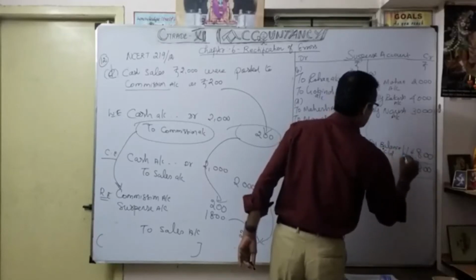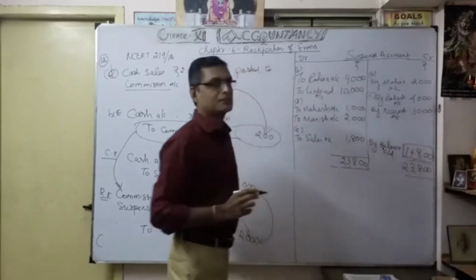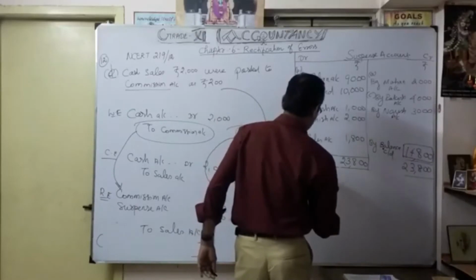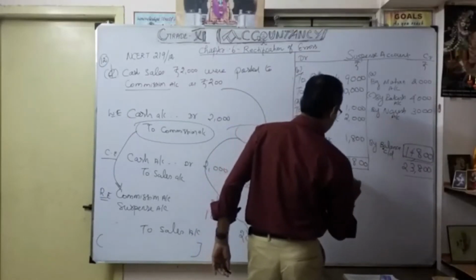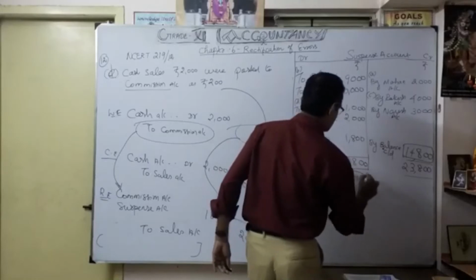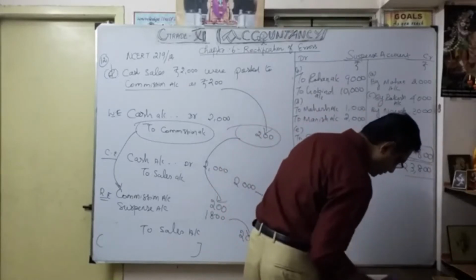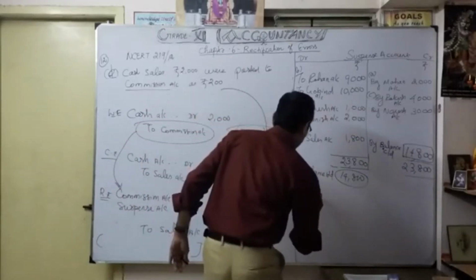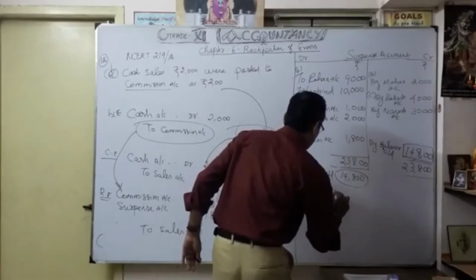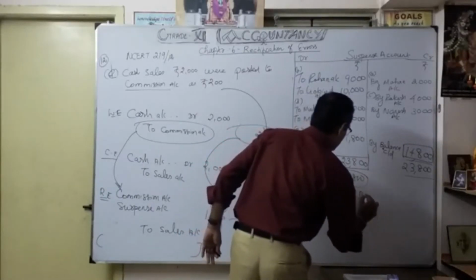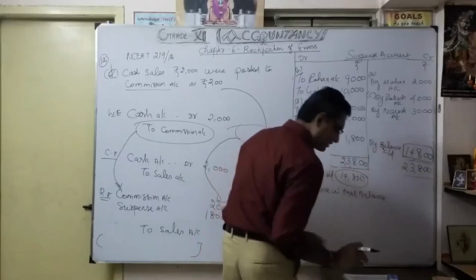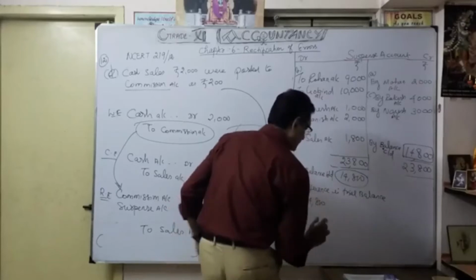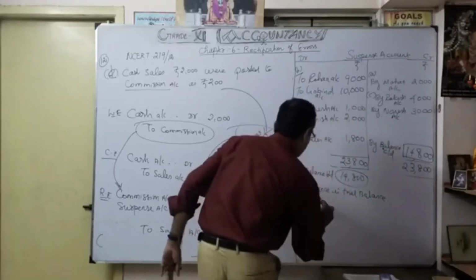By balance carry down. Now the excess debit is the difference. So you can carry over to balance brought down. That means excess debit, isn't it? 14,800 is the excess debit. So how do we have to write? Difference in trial balance. How much? 14,800. So excess debit, here the higher value.